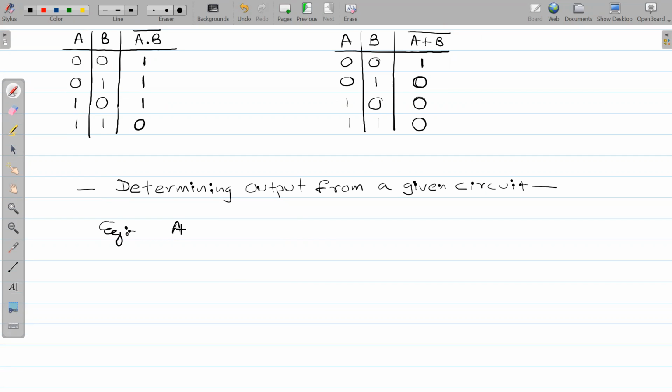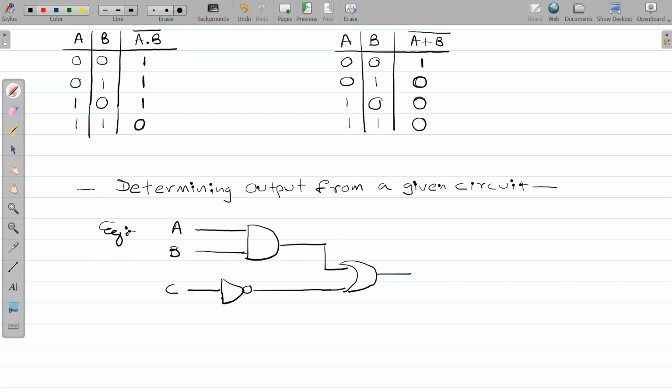We are having A as an input, B as an input. We take it through an AND gate, and we have C as an input, which has a NOT gate over here, and over here we have an OR gate, which gives us the output, which we can name as F,